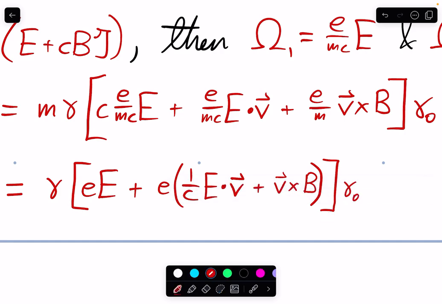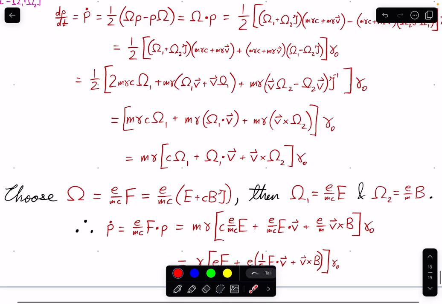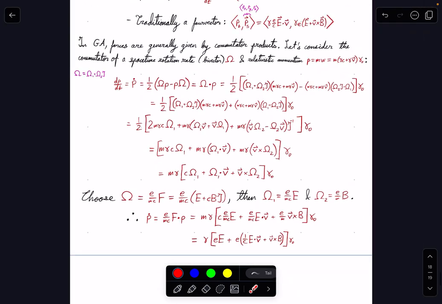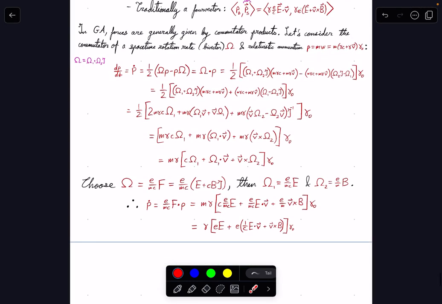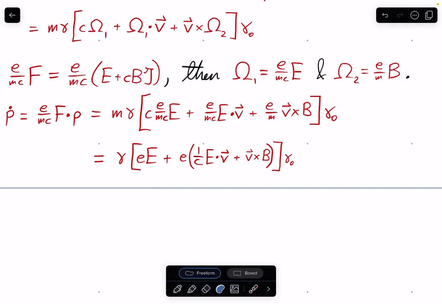Gamma naught. And looking back up at this form right here, you see that there's a gamma E, E, gamma E, E, gamma E 1 over C E dot V, gamma E over C E dot V, and then gamma V cross B, gamma V cross B. And actually what should be a better form is if I instead put this back,